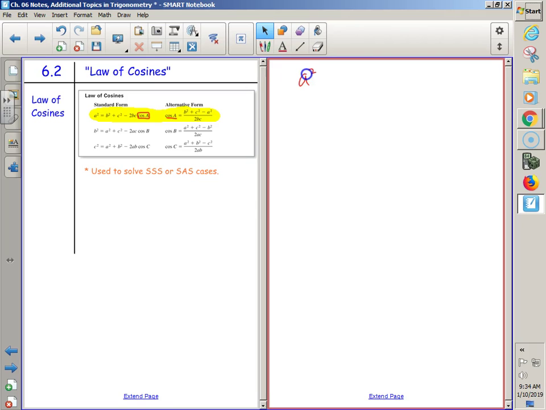Because if you started with a squared is equal to, hey, where does law of cosines start out? What formula is that? a squared equals b squared plus c squared. It's like Pythagorean. Now, Pythagorean is c squared equals a squared plus b squared, but if you have a different letter, then everything just changes, which is interesting. A little bit different than Pythagorean. We don't have a right triangle. It's a non-right triangle, but it starts off kind of like Pythagorean, and then you have this extra minus the other two sides